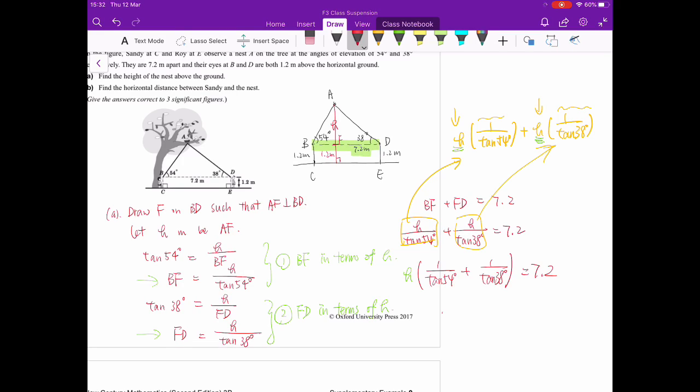Therefore, H can be calculated by using your calculator. First, calculate the value of this part, and then use 7.2 divided by the result of this part. Okay, by your calculator and by my calculator, I can get the answer as,